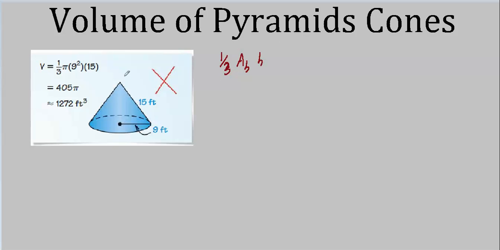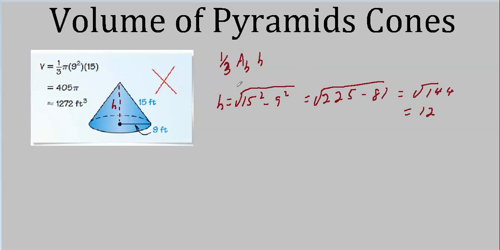that's not the height. That's what they call the slant height. Remember, we use that a lot for surface area. We don't use it so often in volume calculations. The height is this thing here, which is the square root of the hypotenuse squared minus this leg squared. So if we take 15 squared minus 9 squared, take the square root of that, we get 12. And it's a little bit different from 15, isn't it?